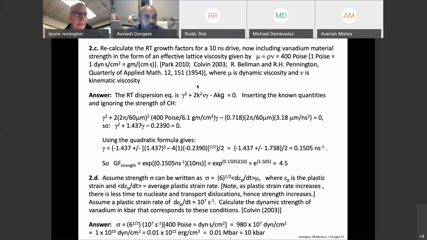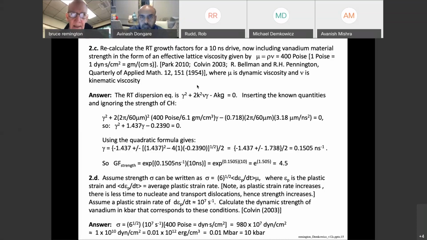Okay, 2D, the final piece of this part of question 2 is assume the strength sigma can be written as the square root of 6 times the average plastic strain rate times the dynamic viscosity mu. And so you say, why write this equation this way? Well, the physical intuition here is that if the strain rate,